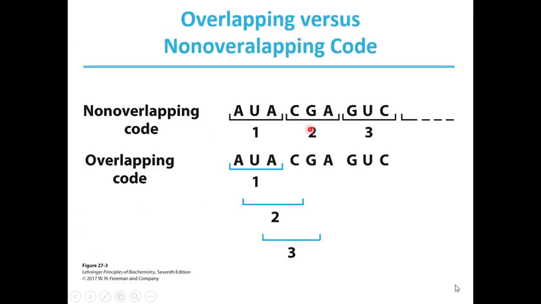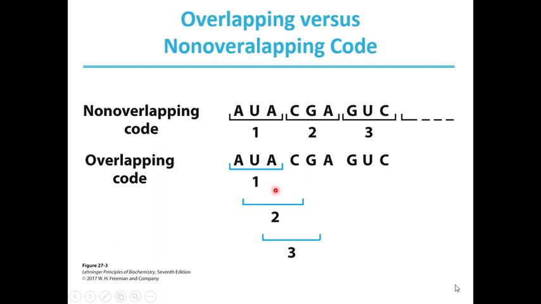The genetic code can either be overlapping or non-overlapping. In a non-overlapping code, codons, as shown here and numbered consecutively, do not share nucleotides. In an overlapping code, some nucleotides in the mRNA are shared by different codons. In a triplet code with maximum overlap, many nucleotides, such as the third nucleotide from the left, are shared by